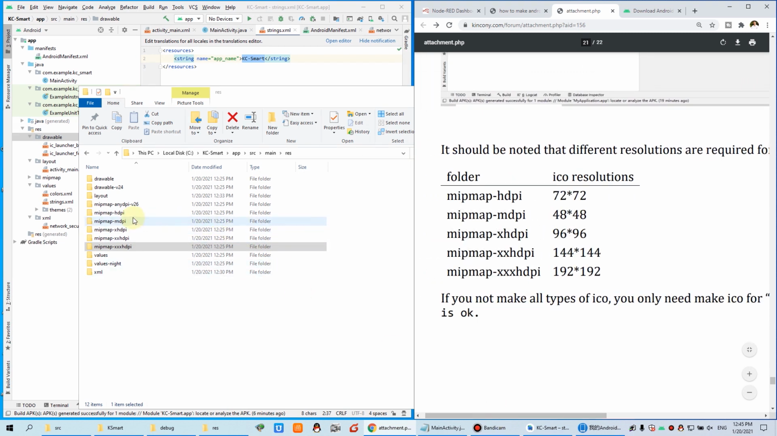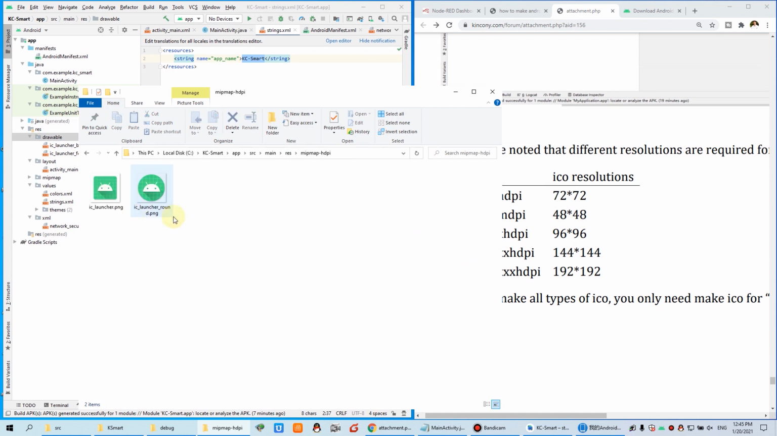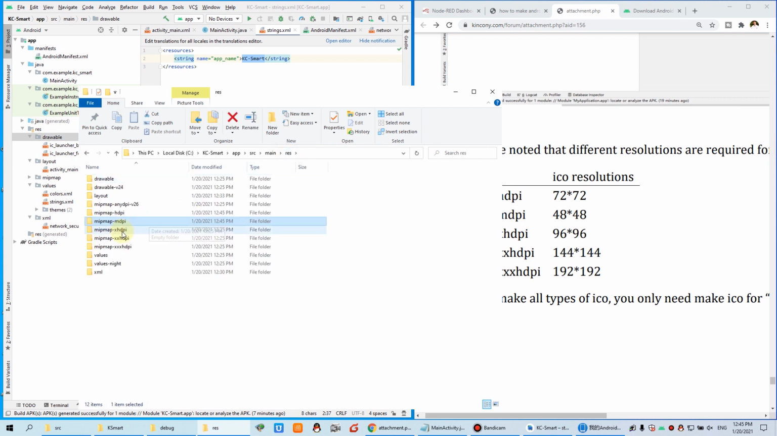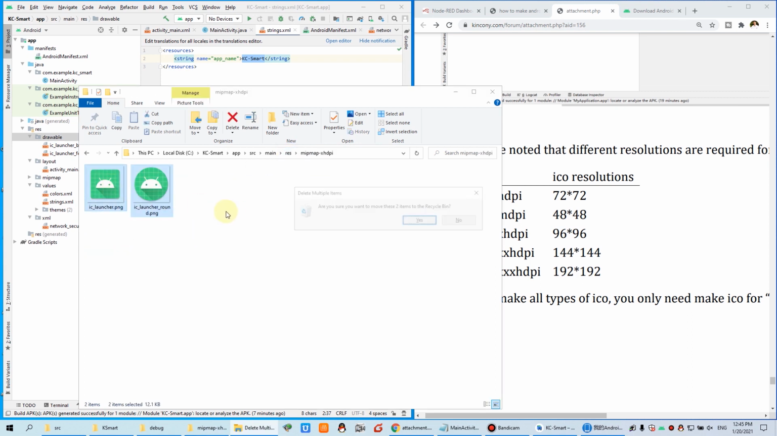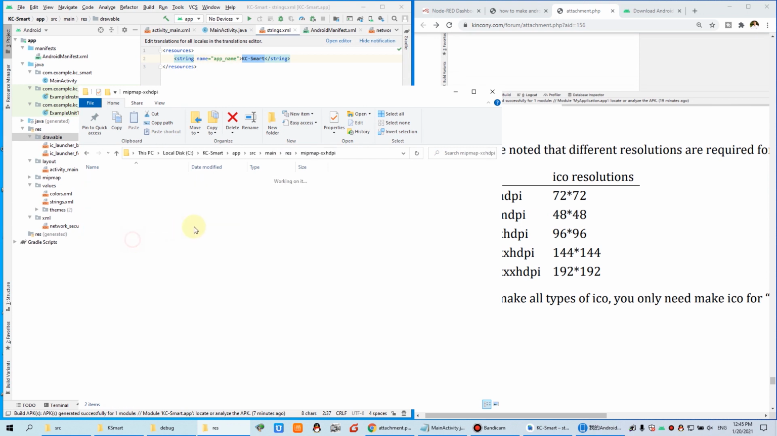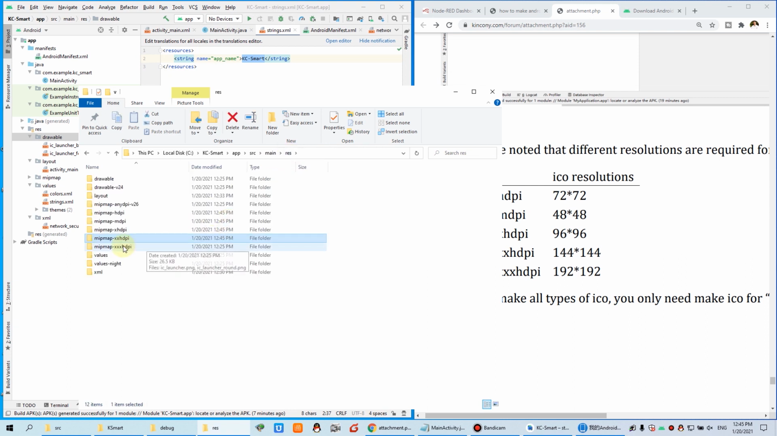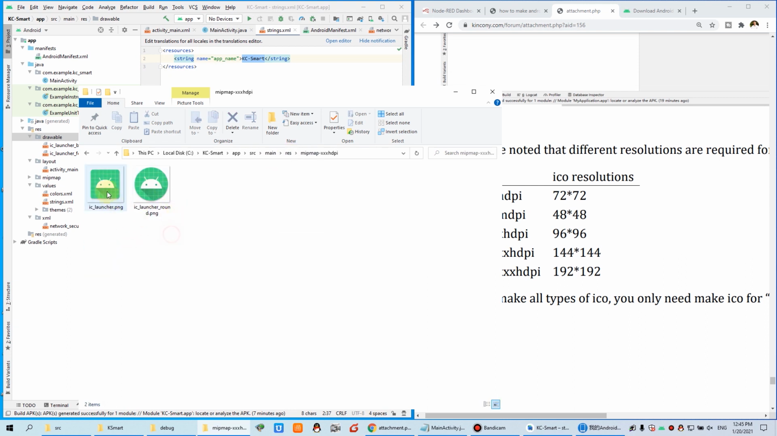So for experiment, we can delete all this. Delete. Not need the default icon. Delete. And this is also delete. Delete. Okay, at last one, we can